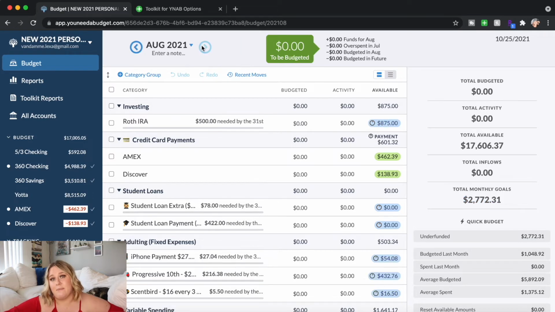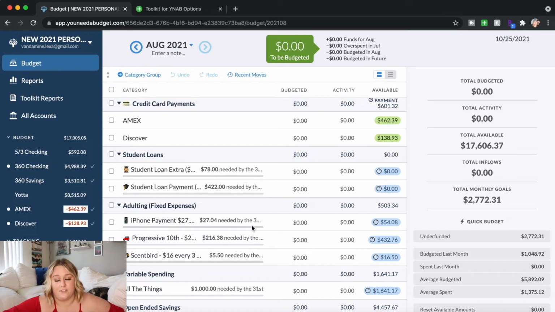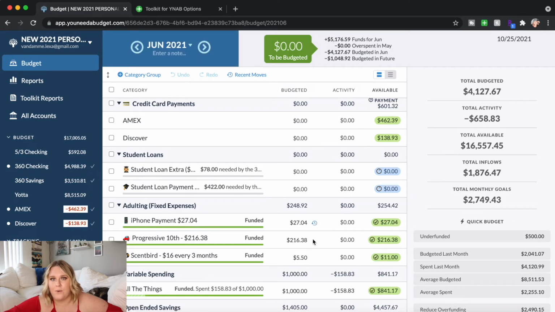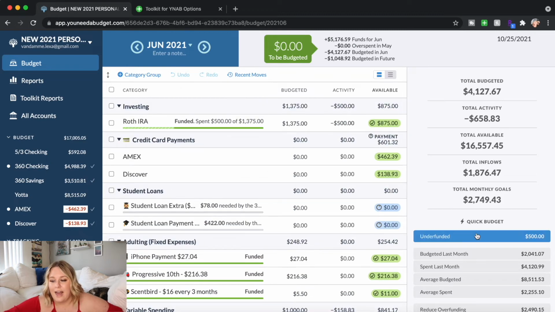Now, this same number can actually be seen if you go over to a month that you haven't started to fund yet. So for me, I've already funded June and part of July. So I have to go over to August to see that standard number on this underfunded button. The issue is that if you don't have this setting turned on, this number goes away. So if I am looking at June, I have no idea how much the total of all of my goals is. I only know that I'm underfunded by $500, which in my case, I'm not actually,